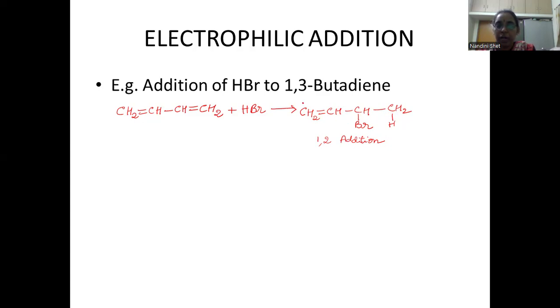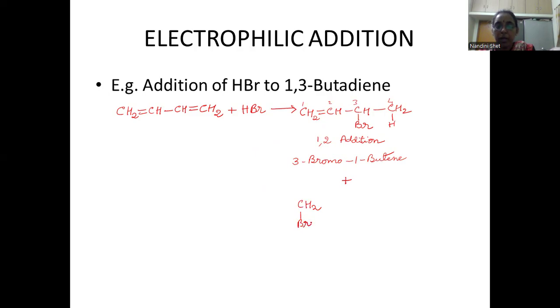So if you start numbering the butene from here, 1, 2, 3, 4, we can write it as 3-bromo-1-butene. 3-bromo-1-butene. So this is one product that is formed, and along with that another product is obtained, that is